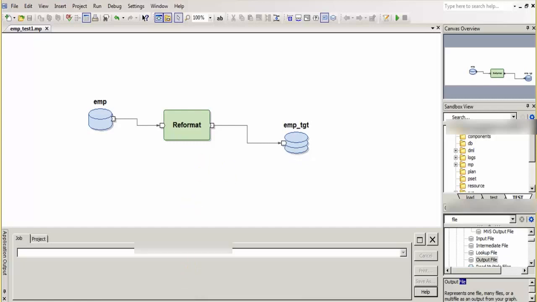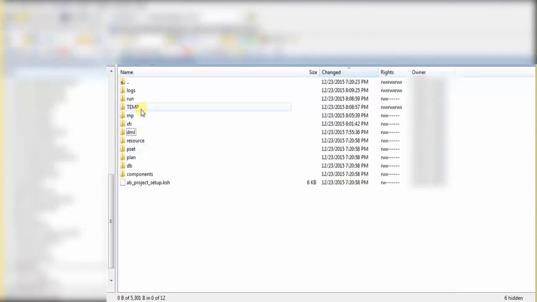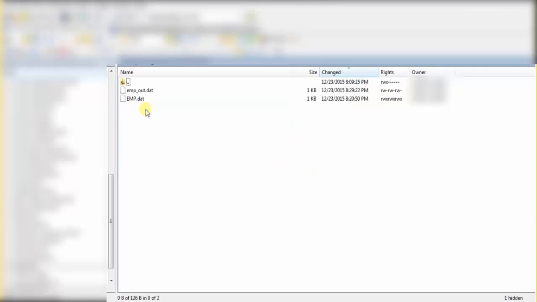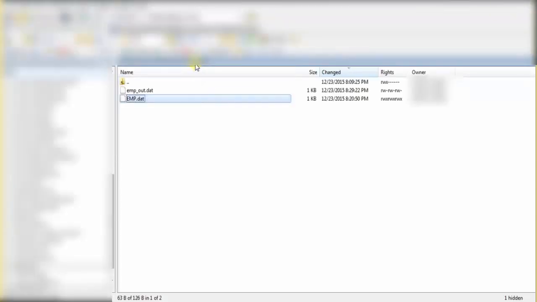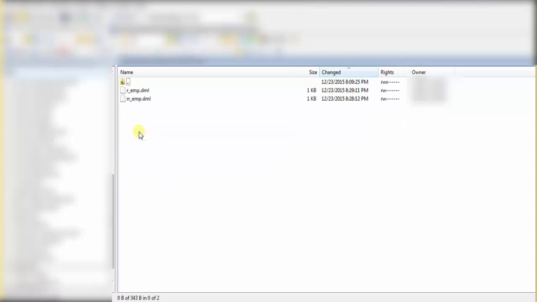So now I'll be telling you what all I have declared. So emp.dat is my source file where I'm having employee ID, employee name, and his salary, and that is using a delimiter, pipe delimiter. So now you have seen the source file, right? So as shown in the graph, I've declared my source structure.